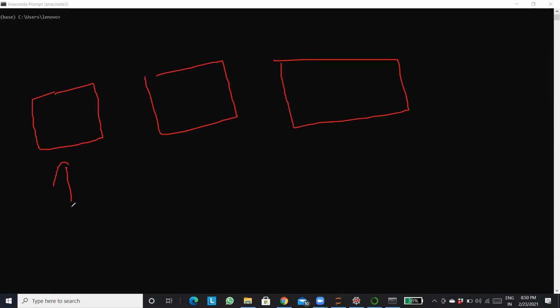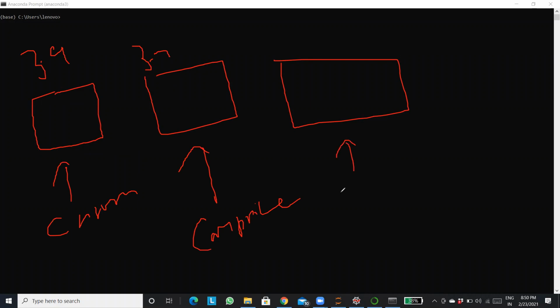This environment I'm going to use for my churn project, where NumPy 3.9 is required. Here I will use it for my car prediction, where NumPy 3.7 is required. This environment I'm going to use for, let's take house price prediction, where it might require 3.6.